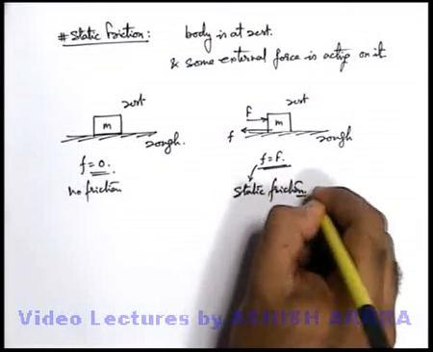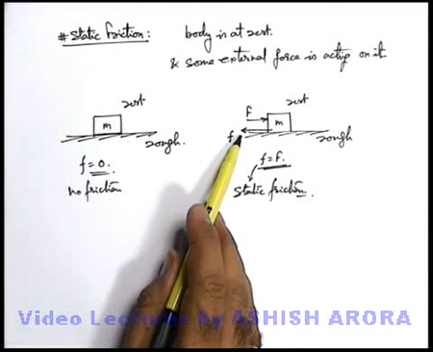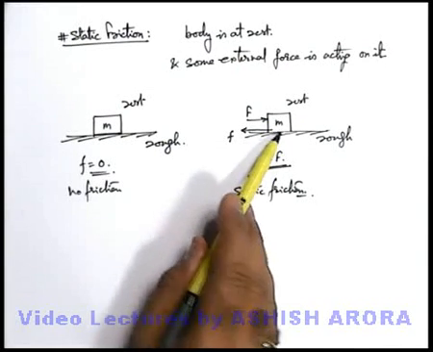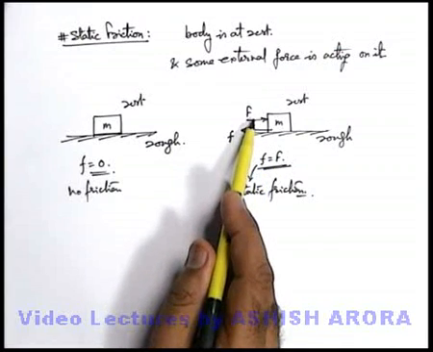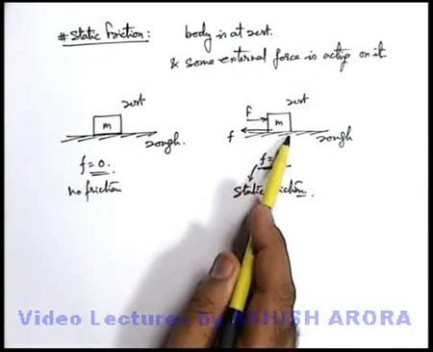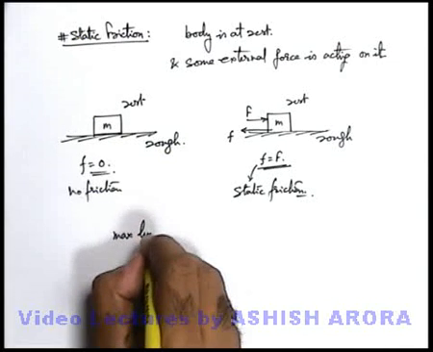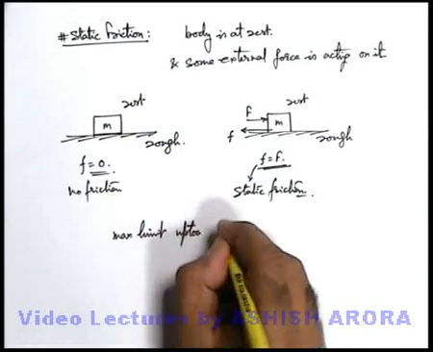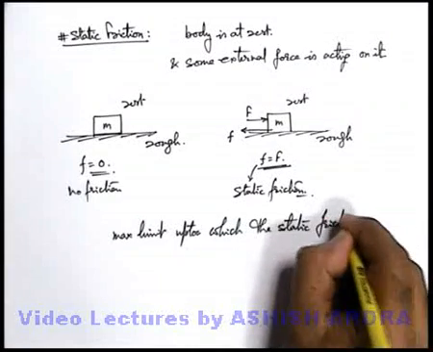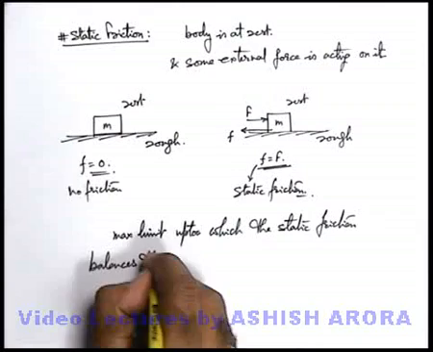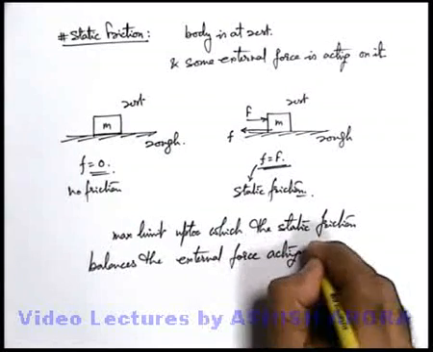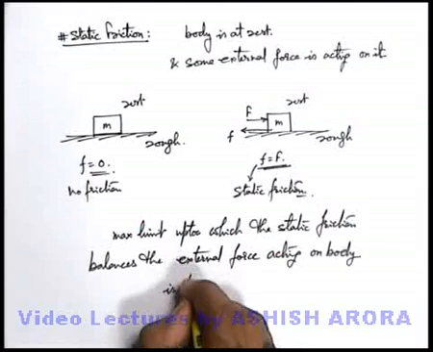In this situation, one more thing we can say is that if we increase the value of this force, the friction will also increase. Because if we increase the force, the body will apply more force on the interlocks on the ground. The interlocks will react with more force, and the friction will still balance the value of F. But there is always a limit up to which the interlocks will tolerate the force applied by the body on the ground. So the maximum limit up to which the static friction balances the external force acting on the body is termed as